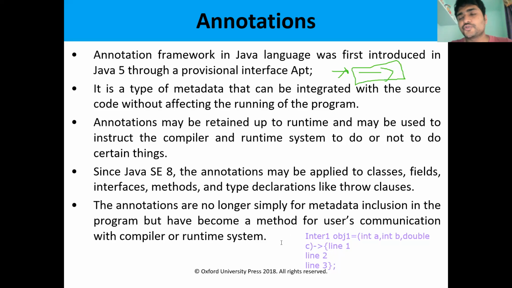So lambda function is useful for interfaces, for defining the abstract methods. If you want to define any interface method, any abstract method, we need a class. We are creating one class Student implements Interface1. That interface must be implemented by that class. So we are creating another class to implement that abstract method. This is the extra burden for the programmer as well as the compiler. That's why these lambda functions were introduced in the Java SE 8 version.